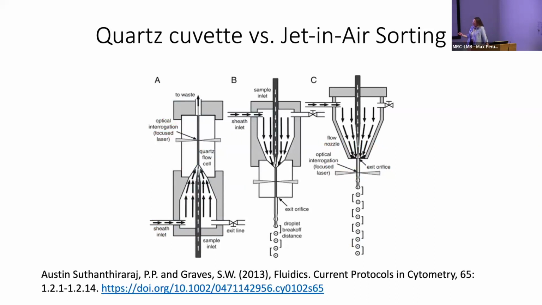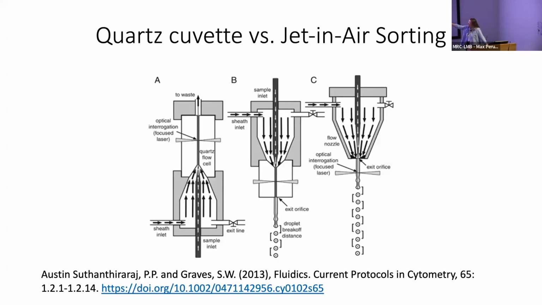So beyond the fluidic part of the system, cell sorting takes this to another level because we're physically separating out populations or cells of interest. The reason why we use sheath is that it's basically a buffered saline, so it's conductive. And at the top, these are different examples of where the nozzle and the interrogation point of the